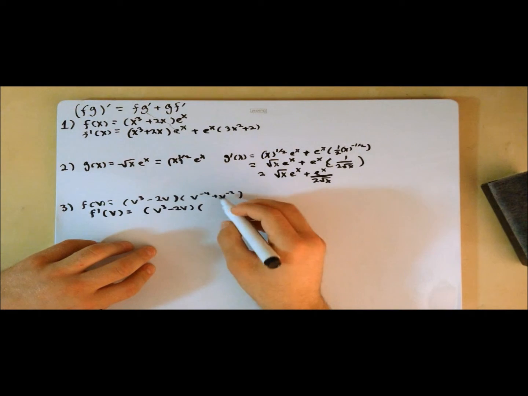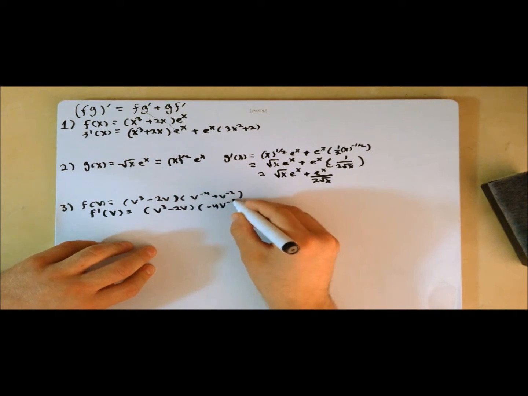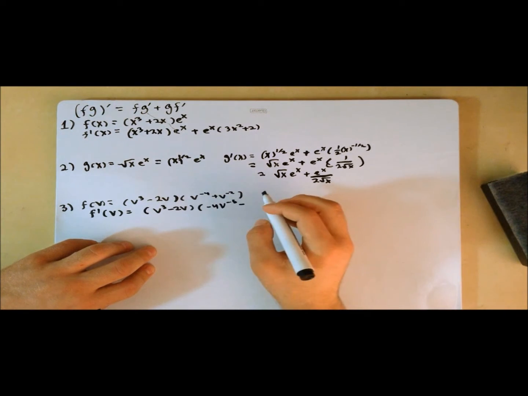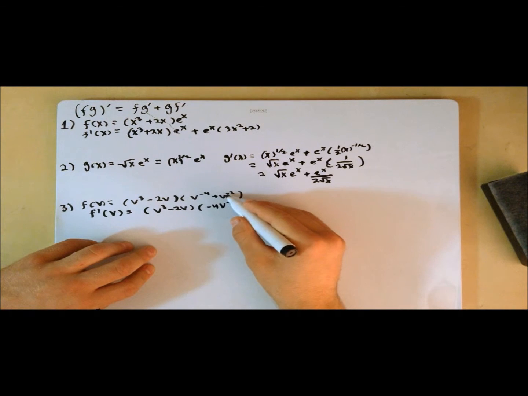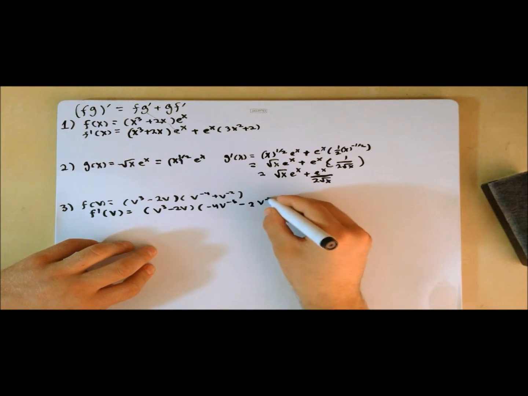So the derivative of the second bracket will simply bring down the power, negative 4v to the negative 5, we subtract 1, minus, because you will bring down the negative 2, v to the negative 3, subtract 1 from the top,